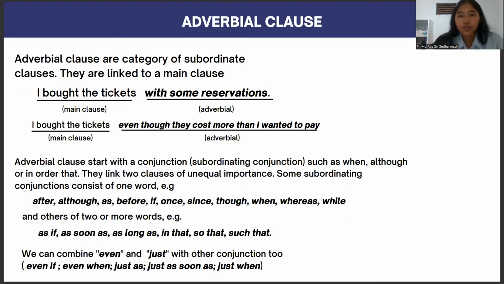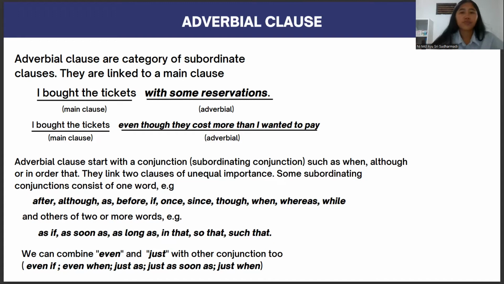Now we're gonna move into adverbial clause. Adverbial clauses are a category of subordinate clause. They're linked to the main clause. Here's the example. I bought the tickets with some reservation. The sentence I bought the tickets is the main clause and with some reservation is the adverbial. The next example, I bought the tickets, even though they cost more than I wanted to pay. I bought the tickets is the main clause, even though they cost more than I wanted to pay is the